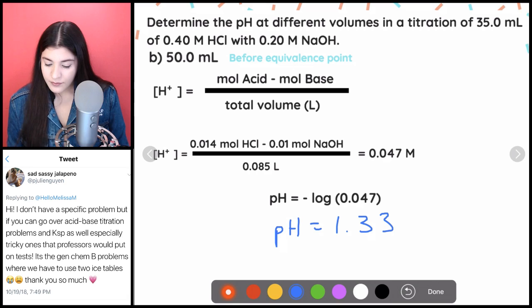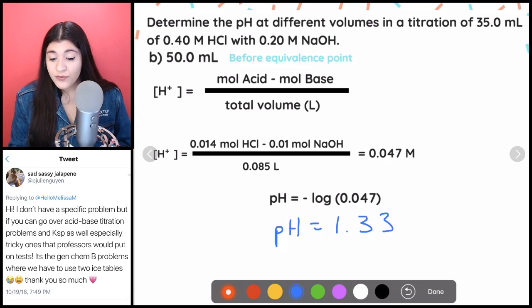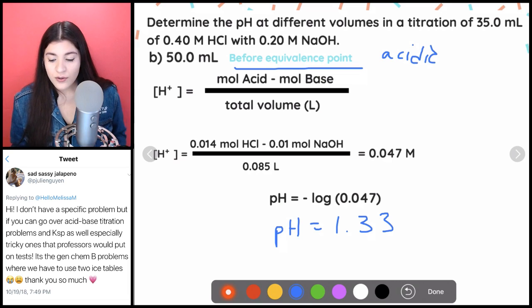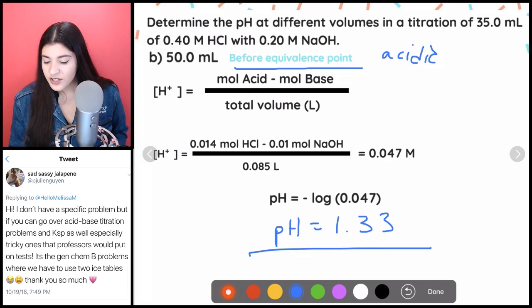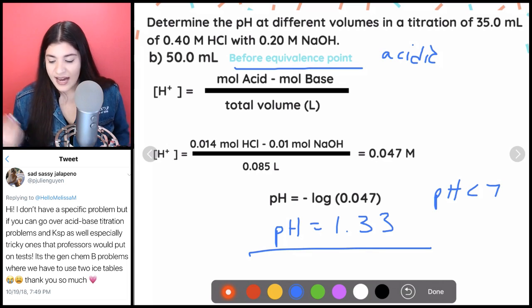1.33. And then this makes sense because it's before equivalence point, meaning it's acidic. Right? So since we know it's going to be acidic, yep, that makes sense. Our pH is less than 7, so it has to be acidic. So that works. And then the next step,